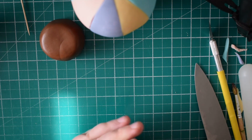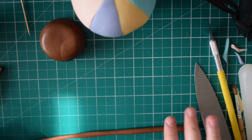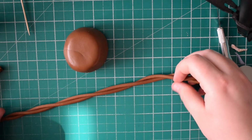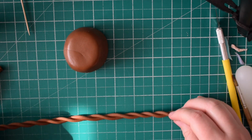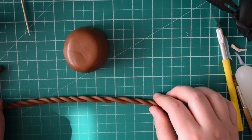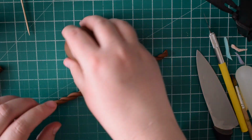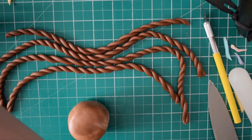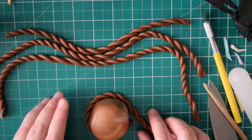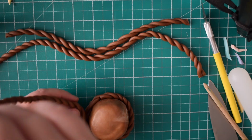So for the basket, I've got some modelling chocolate. I've just rolled out a cylinder shape, and I'm going to roll out some thinner pieces of the modelling chocolate, fold it in half, and then you're just going to twist to create a kind of rope effect. It's going to give us a really nice finish for the basket. You're going to need a few of these, and you're just going to cover your base in water and then just wrap these pieces around